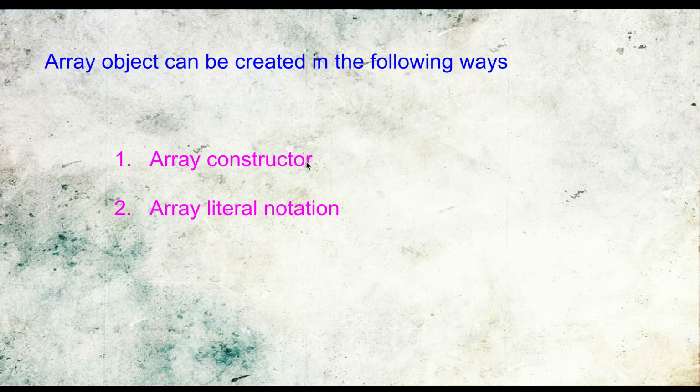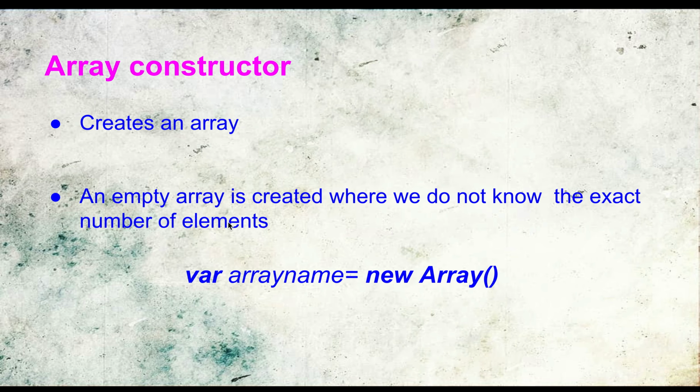An array object can be created in the following ways. Either you can use array constructor or array literal notation can be used for this purpose. First we will see how it is done using array constructor. Array constructor creates an array. In order to create an empty array, that is, an empty array is created where we do not know the exact